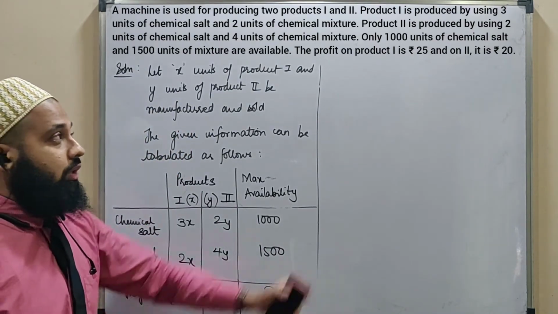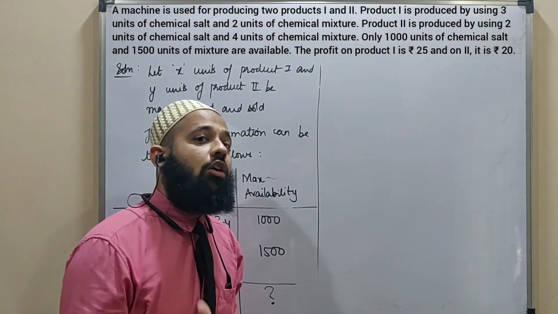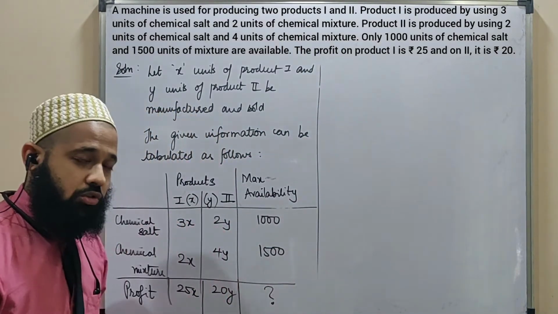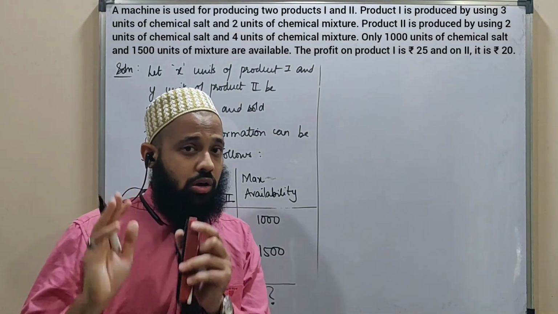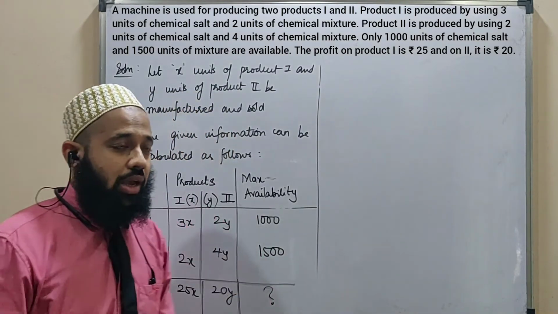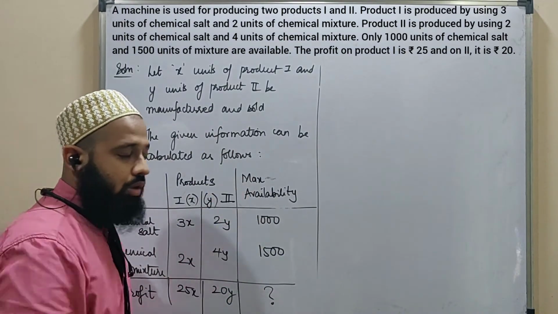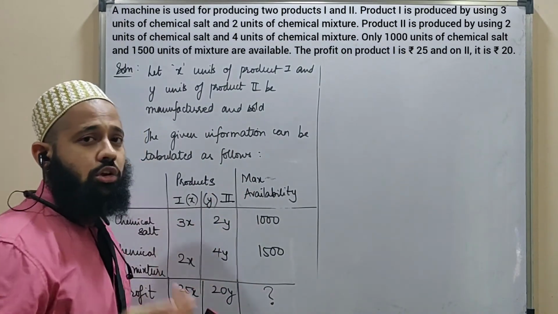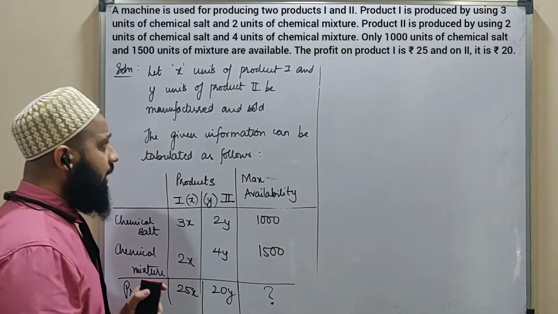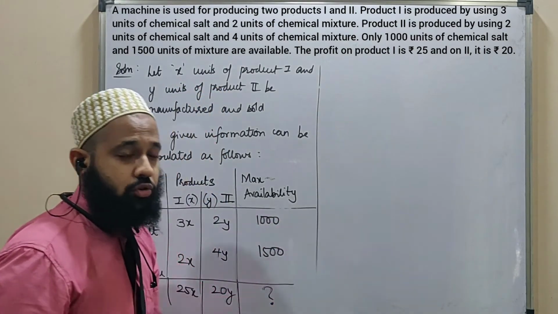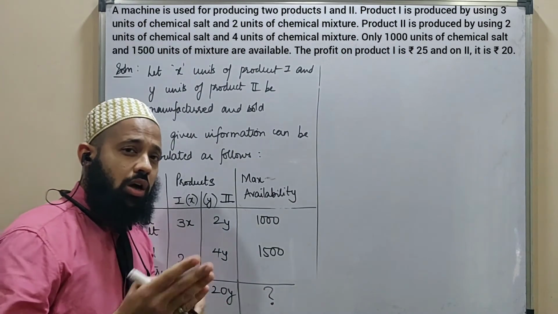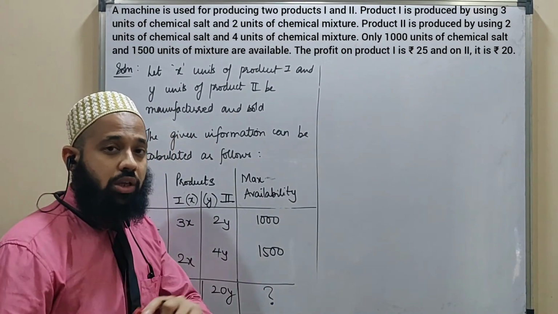LPP. Whatever we write here is just for the sake of marks. Write some statements. So even if you miss out on them, just in case you are running out of time, only then you miss out on them, we can expect a deduction of 1 mark. Apart from that, you've already done the assumption, you've tabulated the information, you've given them the LPP. So you can expect 2 out of 3, or you can expect 3 out of 4.